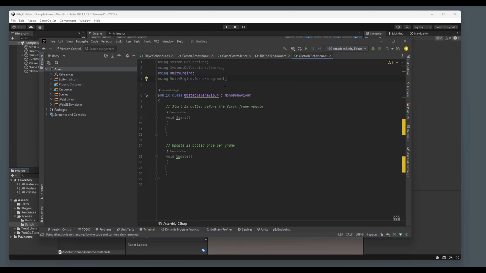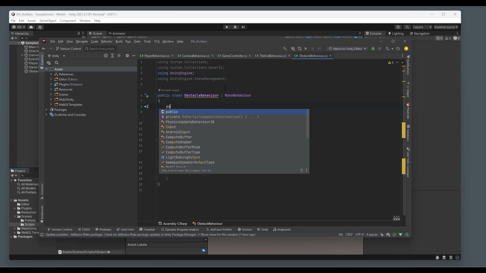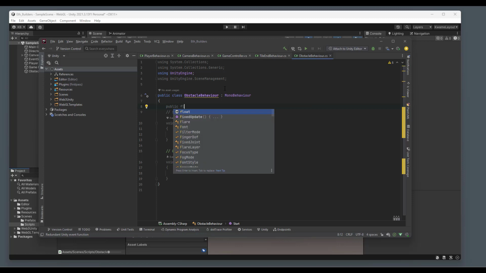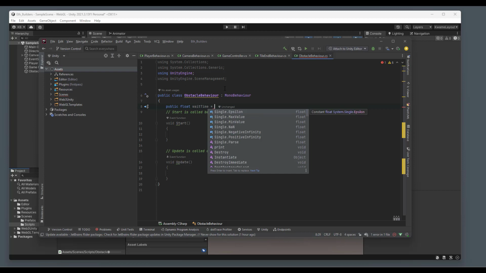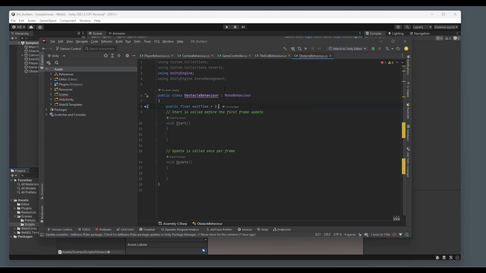So, on colliding with the game, the player should, quote unquote, die. And what do we want to do with the scenes? So we could load a new scene. We could say it's an endgame screen. We could do many different things with this technique. So we're going to create a public float, and this is going to be the wait time, or the time from once we've collided to we do something else. So we'll say 2.05f,